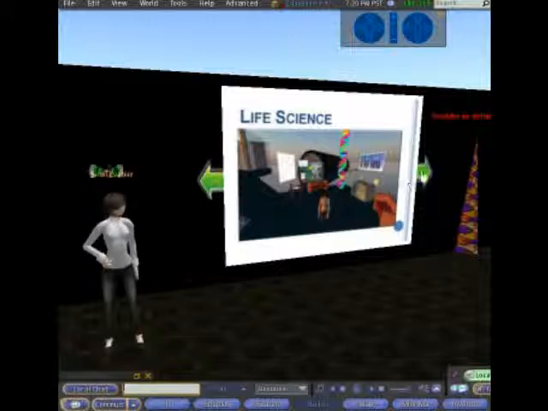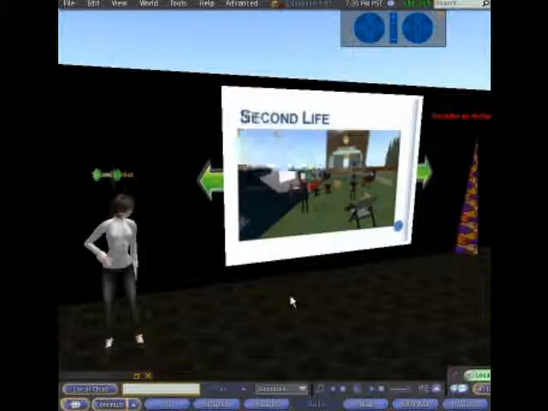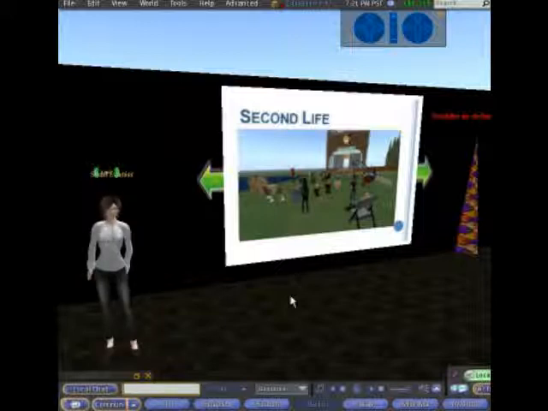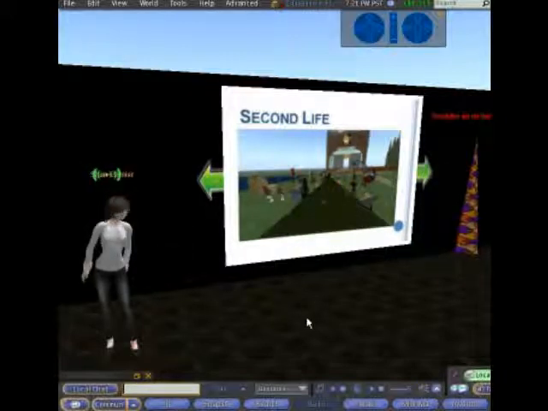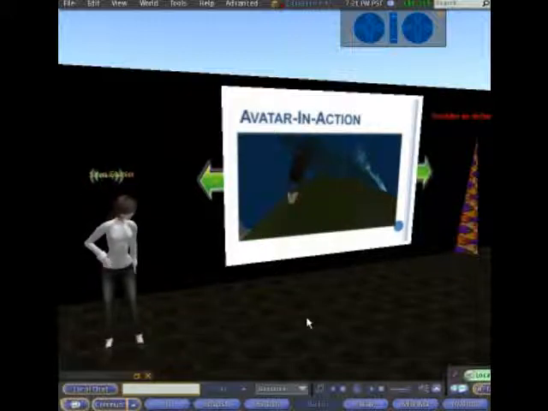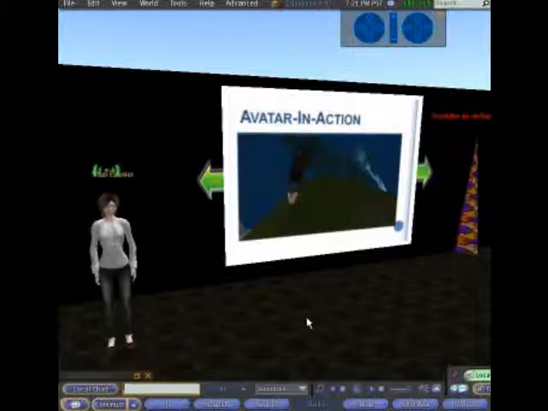However, I want to develop something that can be used by people that will not require that much content background and also incorporate the uniqueness of learning on SL. My role in creating the sim will be to provide scaffolding for the virtual learning experience. I do not want to reconstruct real world instructional design and planning paradigms, but rather I want to create a sim that will allow avatars to be in action while going through virtual hands on and minds on learning experiences.